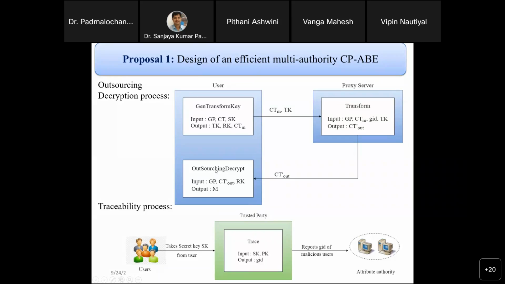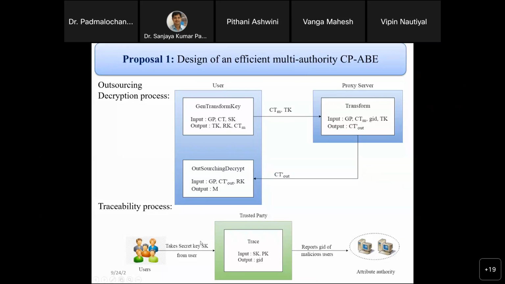Then from that CT, the out-ciphertext generates them, because this is the main, heavily computational component. So these components are basically sent to the proxy server. At the same time, security is also maintained, because the proxy server is not generating the M, and the proxy server is also not getting SK, it gets TK. The user's key it is not getting, some modified component it is getting. So this is how outsourced decryption is happening.